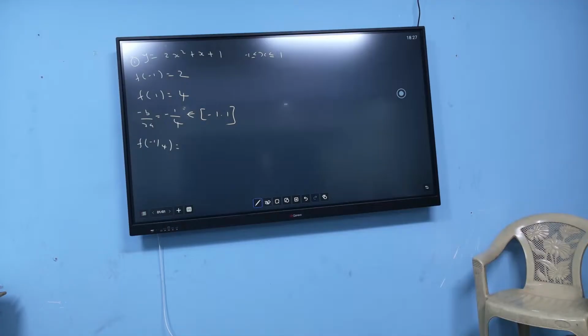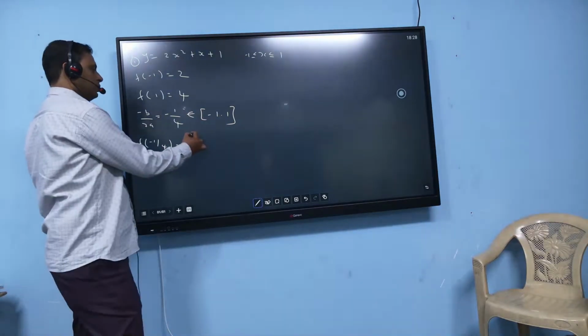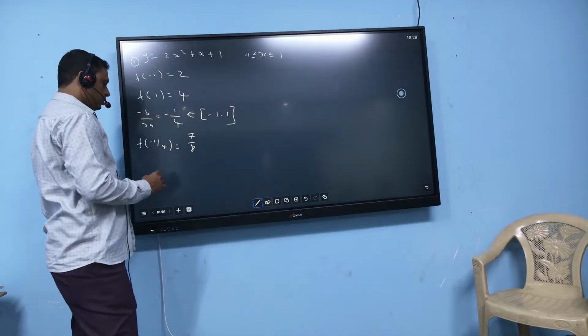Basic simplification. 7 by 8, correct answer. जिसे नहीं मिला ना घर को जाको सॉल्व करो. 7 by 8. Now range is equal to